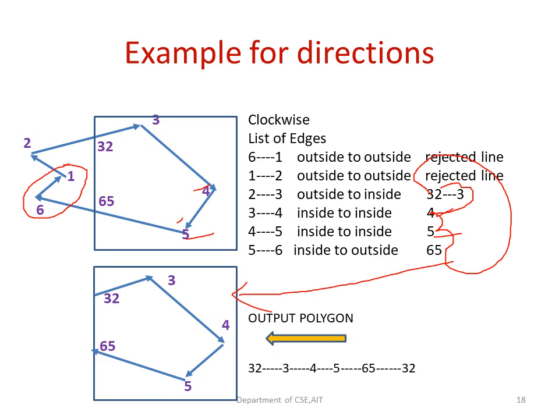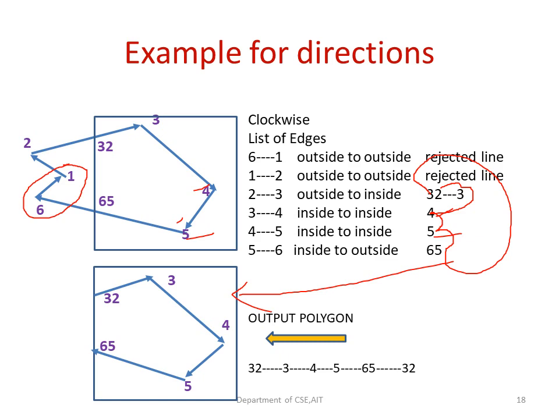And then from 5 to 6, you can see that this is from inside to outside, and so we are going to get the intersection point in the output list. So now we have a set of points in the output list. When you put them on your clipping window, now you can see that only the polygon which was present inside your clipping window will be present, and all other parts of the polygon which were outside the clipping window have been rejected.